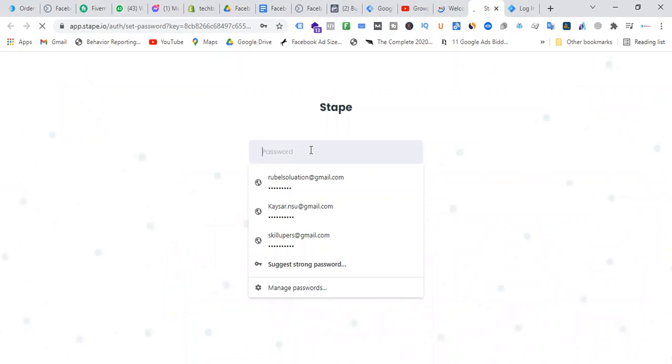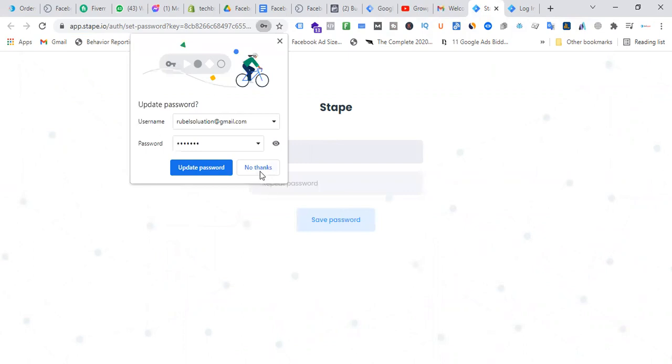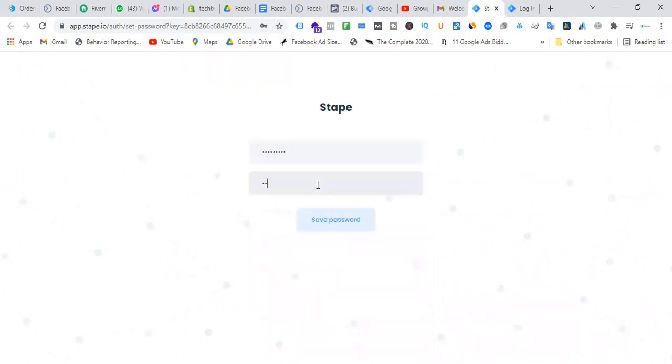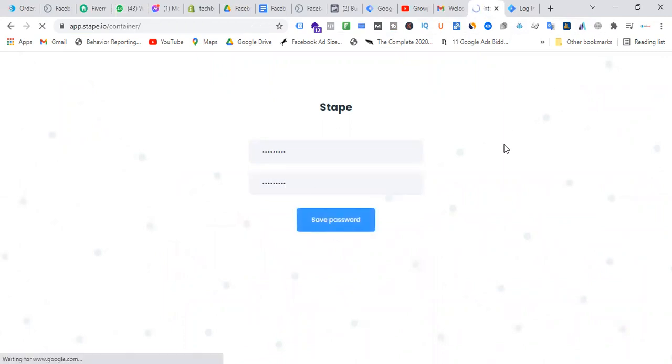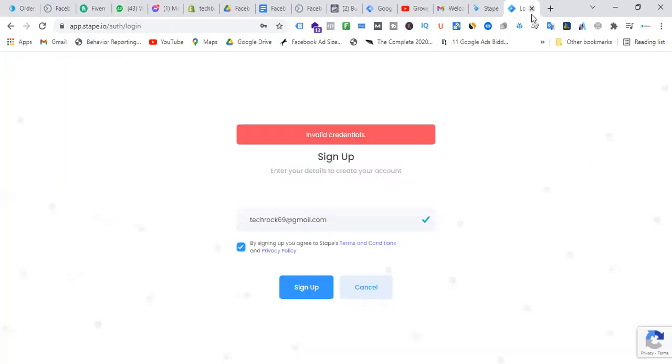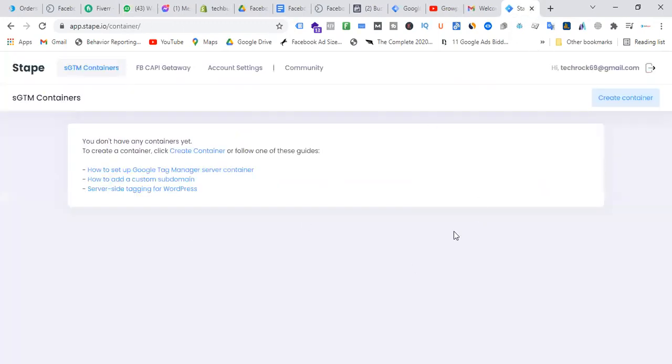So I'm giving the password. Okay. So the password is saved, and I enter into stape.io. Okay, thanks. That's it. Now I have to create a server container.